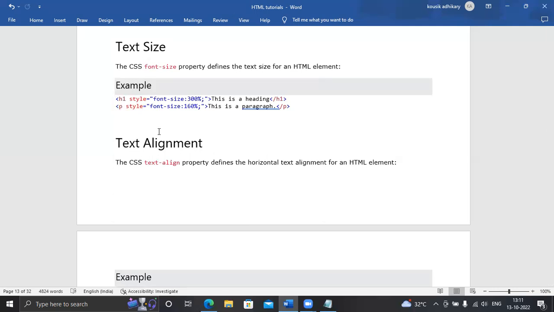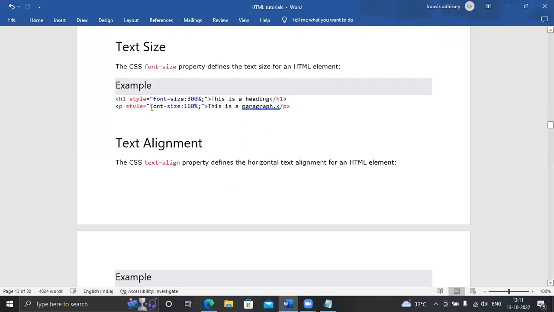Those are all attributes. Always remember that attributes have to be used within the starting tag. If you want to change any attribute, you need to use it within the starting tag.